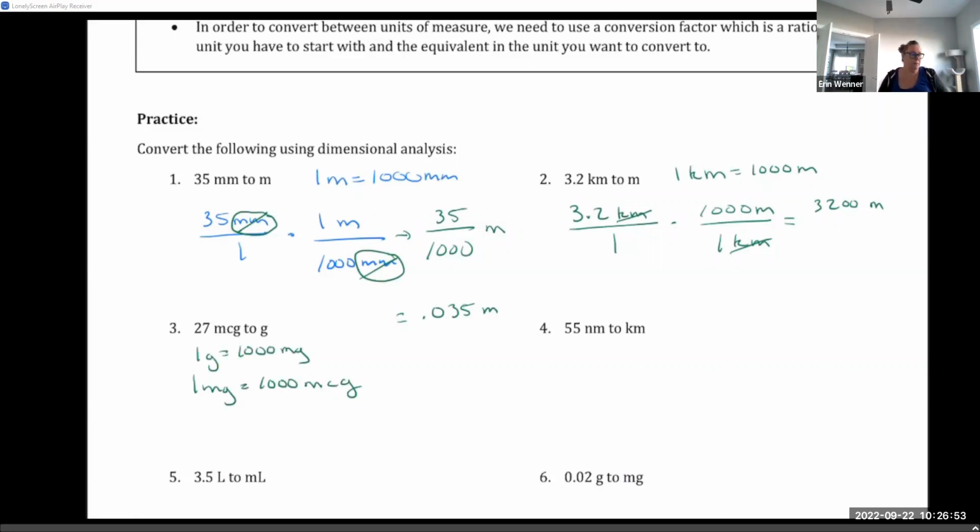So in order to get from micrograms to grams, we're going to go 27 micrograms over 1 times 1 milligram over 1,000 micrograms. And then from milligrams to grams. And so we know that 1 gram is equal to 1,000 milligrams. So basically we're taking 27 and dividing it by 1,000 twice, which gives us